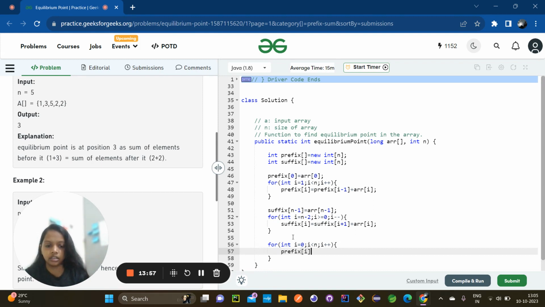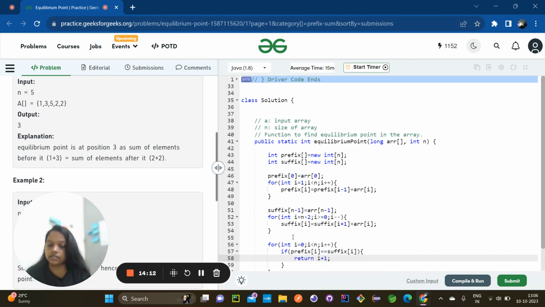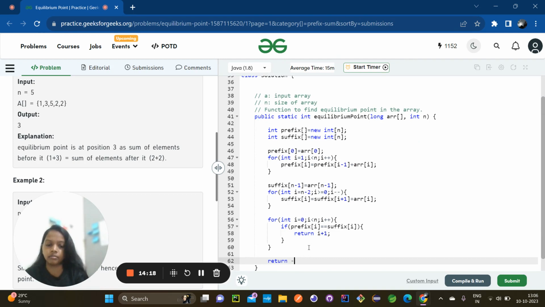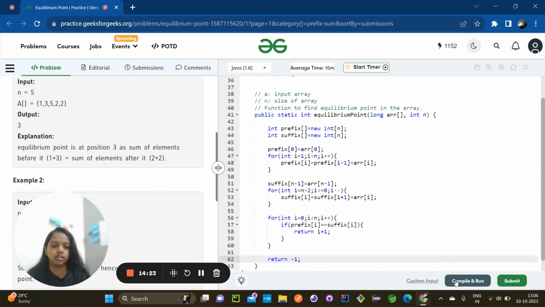If prefix of i equals suffix of i, then we return i plus 1, as in the question it is asked that we have to return the position. So index plus 1 will be the position, and we will return minus 1 if we don't get any such equilibrium point. If I run this,